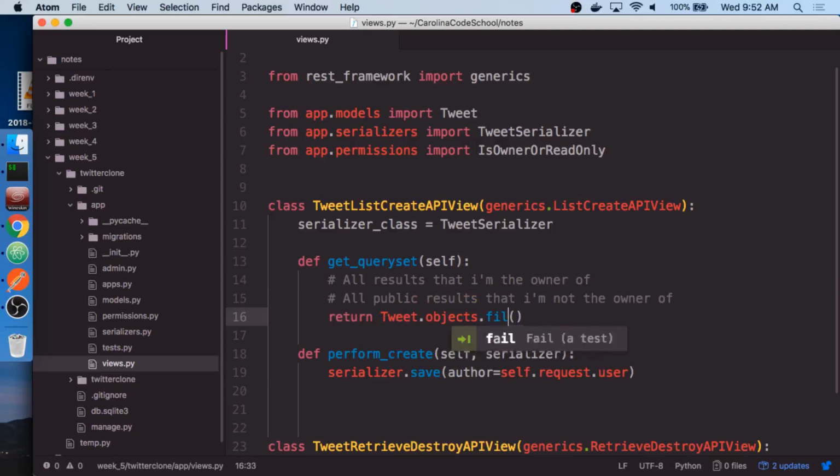So what we're going to do is filter it down first off by changing the all to a filter. And that's how you are able to define your lookup parameters. So remember in SQL when you did a where, said I want to select these fields where my name was Joel.